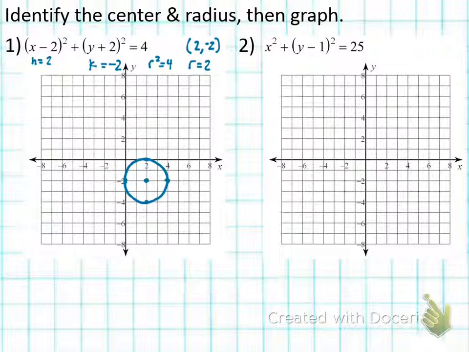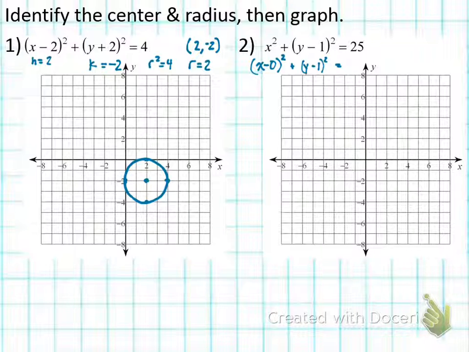Number 2 looks a little bit more difficult because it says x squared plus y minus 1 squared is equal to 25. It doesn't look like there's an h there, but when there's nothing there, or what represents nothing? 0. So I could say that this is like saying x minus 0 squared, right? Would you agree with that? Does this change anything if I subtract 0 from x? No, so we got x minus 0 squared plus y minus 1 squared